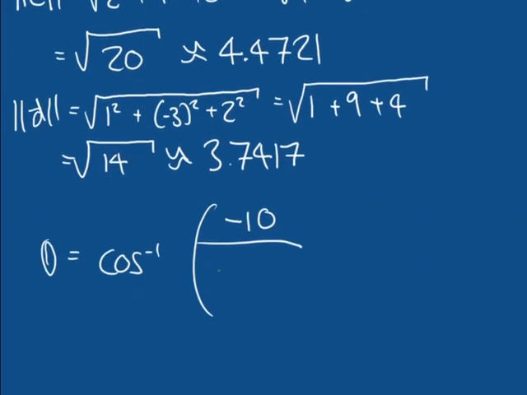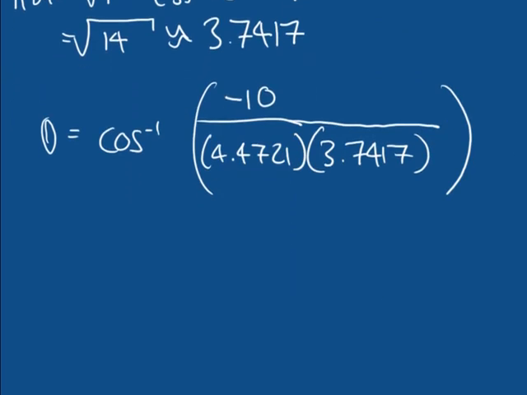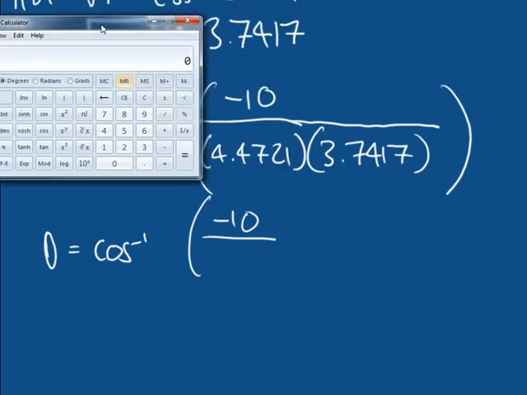So the length of C is 4.4721 multiplied by the length of D is 3.7417. That's divided by that. So it's the inverse cosine of our dot product divided by the length of C times the length of D. So we can now evaluate this. So we know that theta is going to be equal to the inverse cosine of minus 10 divided by, we can use a calculator to work this out, so